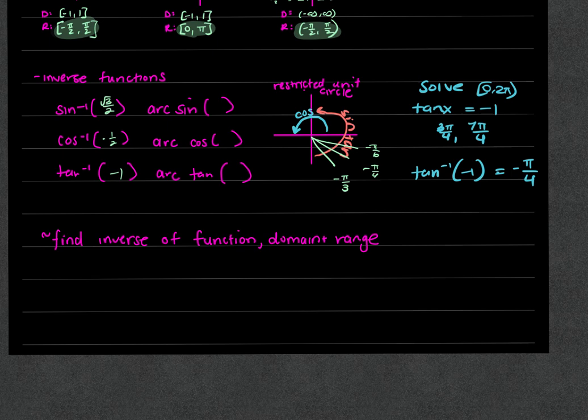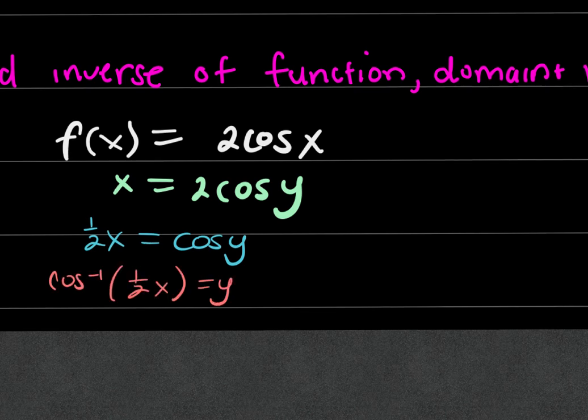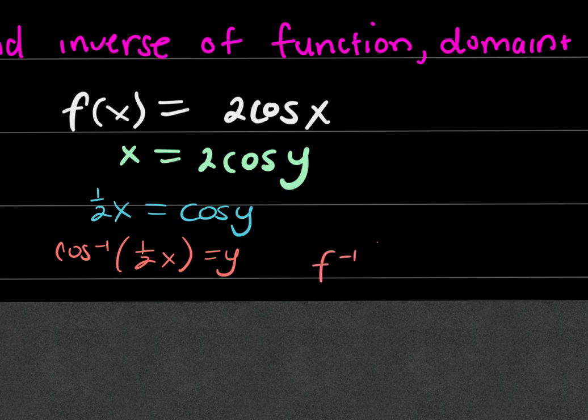All right, so find the inverse of the function. This is where you will get an equation. You'll get something like f of x or y equals 2 cosine of x, and you have to find the inverse. So we switch the x and the y, and we solve for the new y. So I'd multiply by 1/2, and then we take cosine -1 of both sides. And then, I think only one person did it on the quiz, but you have to remember to put the